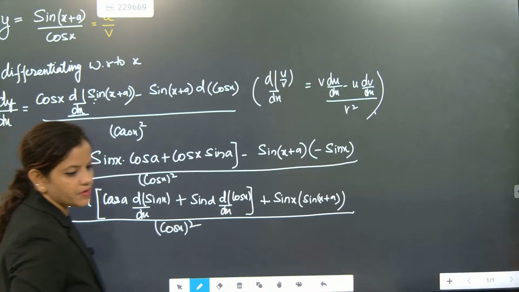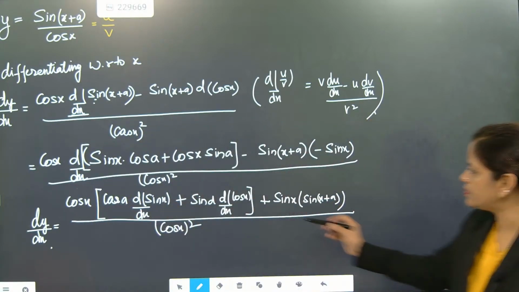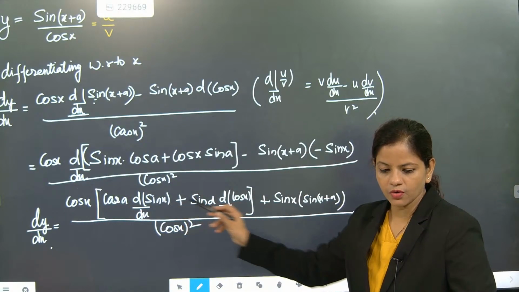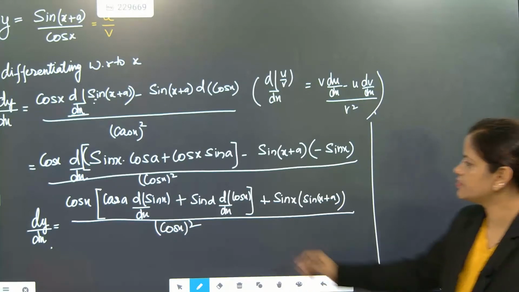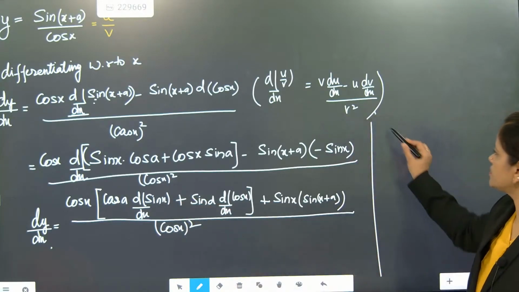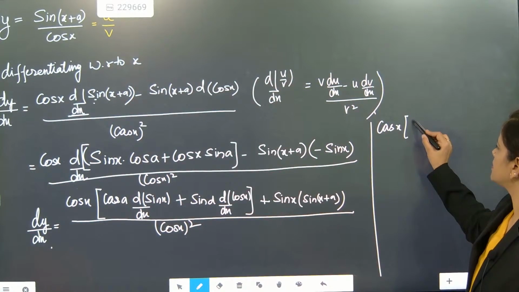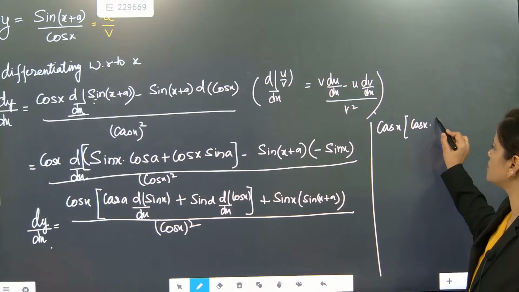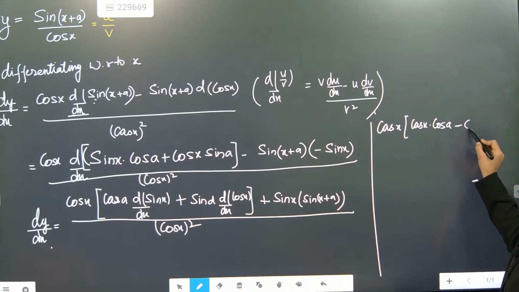dy by dx. Till here we have done. Now we need to open this bracket and open this bracket. So now by differentiation, sin x will become cos x. So here it is coming cos x cos a, and here it will become minus sin x sin a,